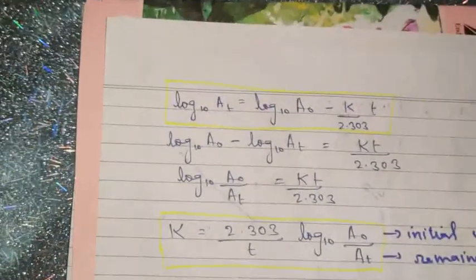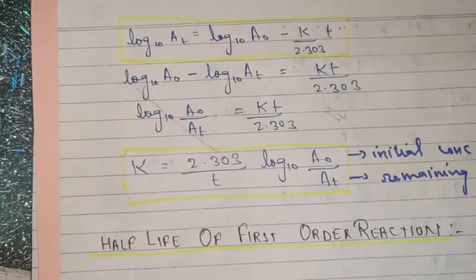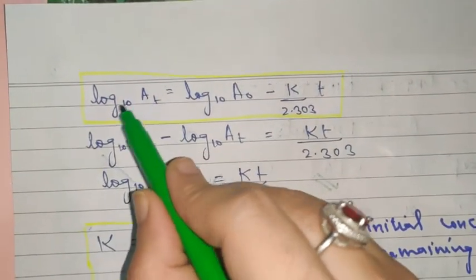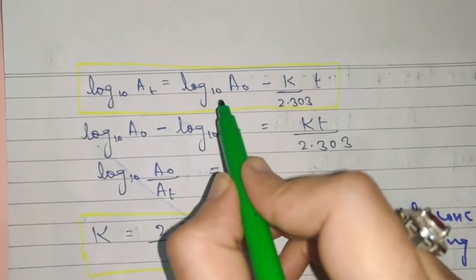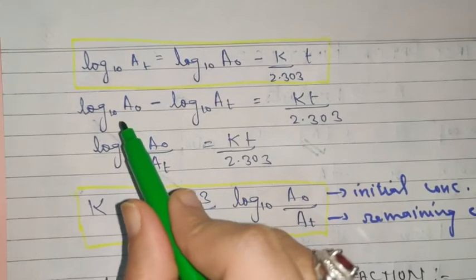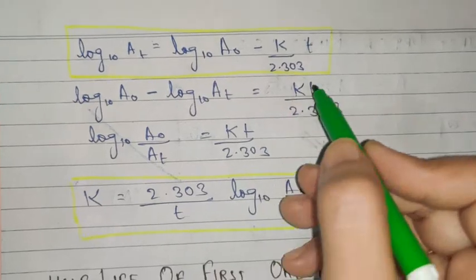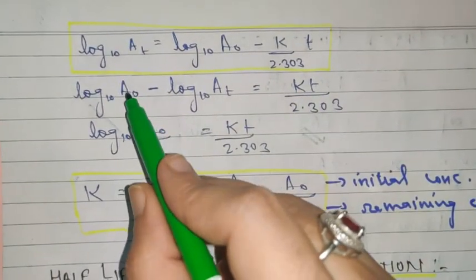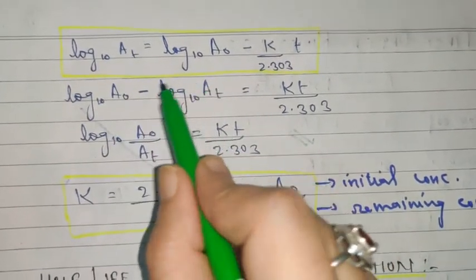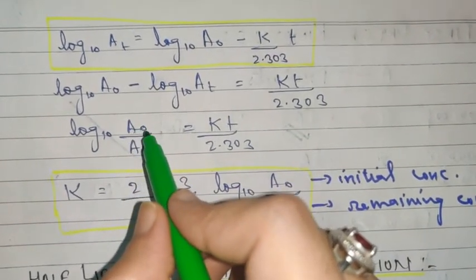Now further, you can see here that the same equation is written. Now we have to simplify this equation so as to use it in numerical calculations. So log [A]t base 10 is equal to log a naught base 10 minus kt upon 2.303. Now I have modified this equation into this form. As you can see, log a naught minus log [A]t is equal to kt upon 2.303, and this is a very simple concept of log. When it is in subtraction form, it can be written in division form like this. This is something very basic about log.